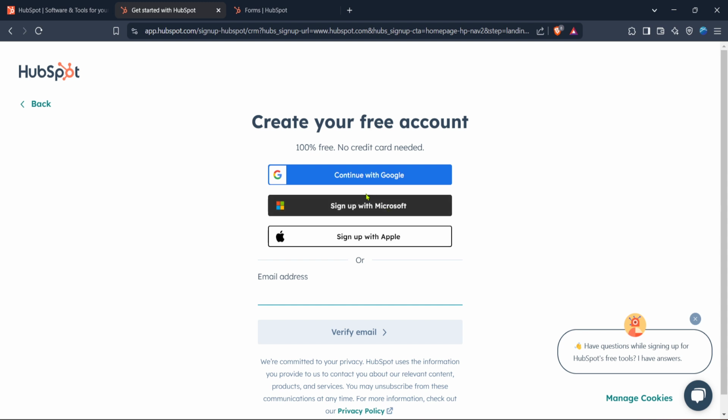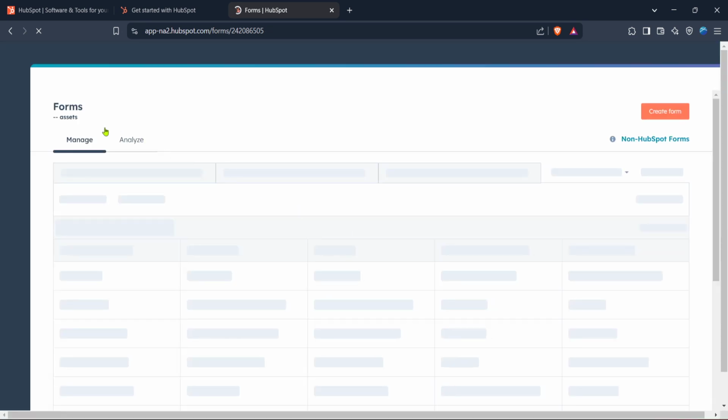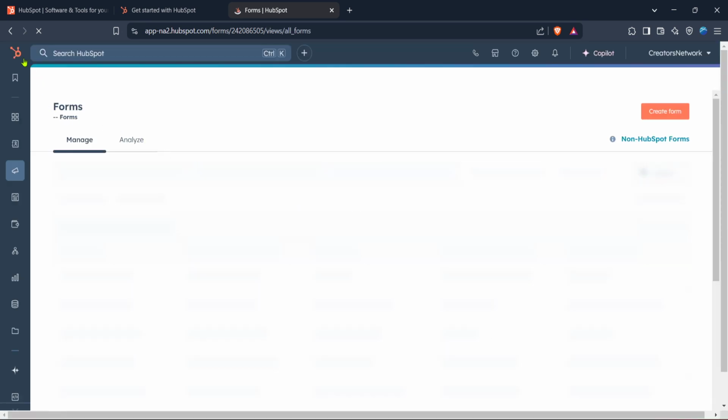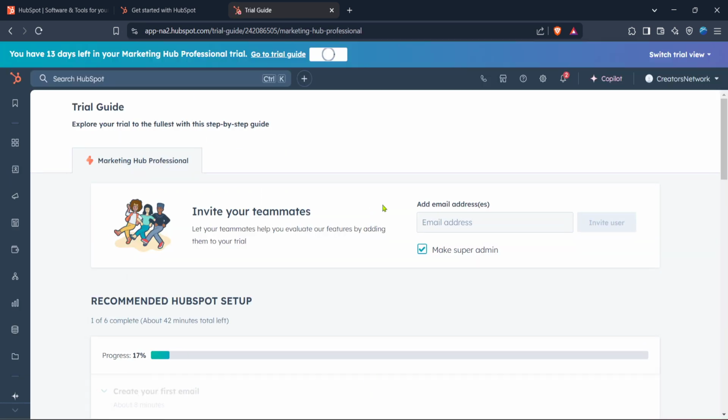After successfully verifying your email, HubSpot will guide you to their trial guide. Here, you'll get a tour of HubSpot's Operations Hub Professional. This guide is designed to familiarize you with the platform's extensive range of features, demonstrating how these tools can optimize your business operations. Even if you're starting without a website, you'll find the platform's flexibility appealing for tracking customer interactions